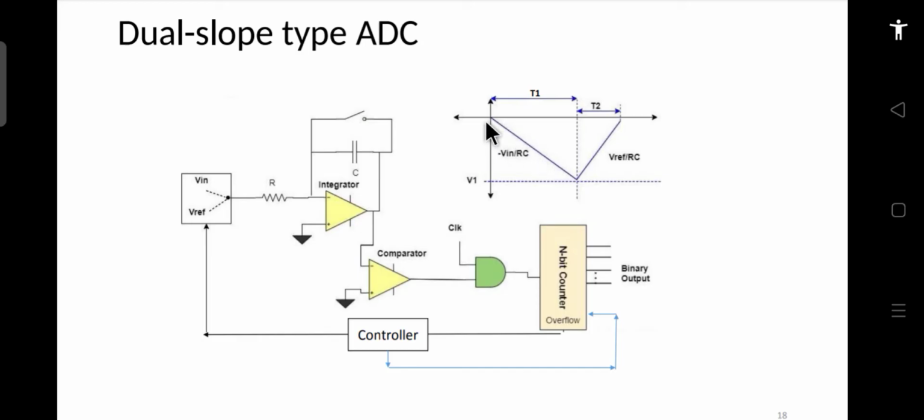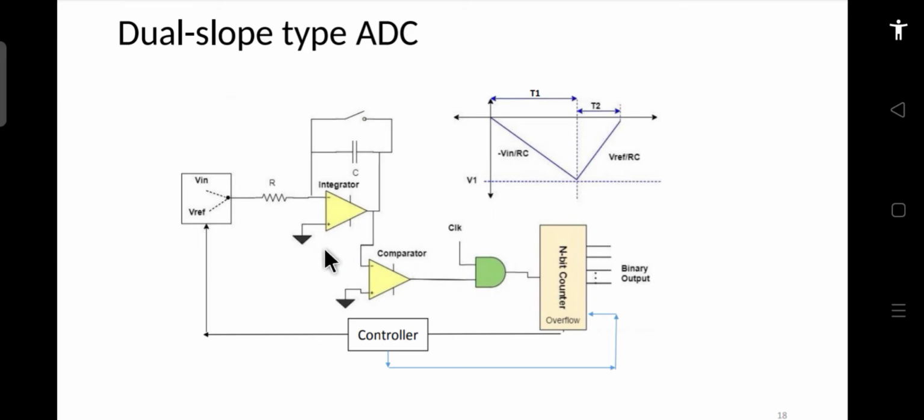So in the same duration, the output will go to different values. Either it goes to this value or this value or this value. Because the output goes to different values in the same time, the slope of this line will keep on changing. So this is one reason, and this is what we understood.